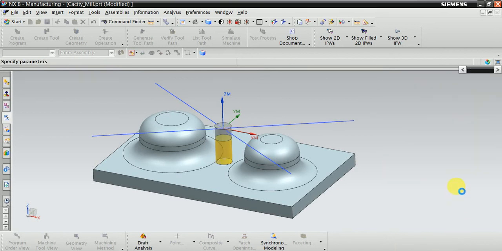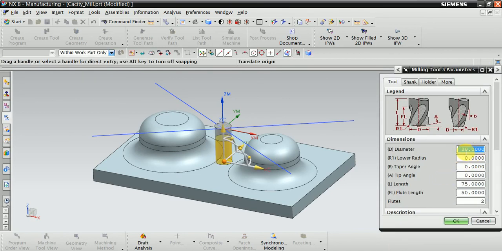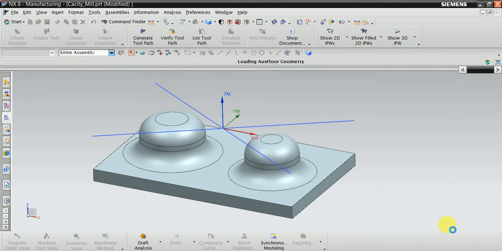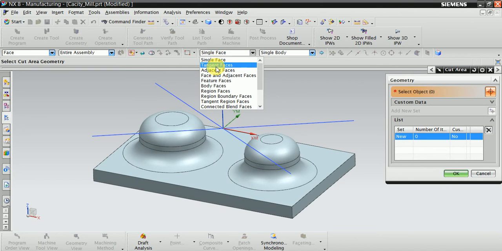Okay, diameter 5 mm, select the areas, tangent.